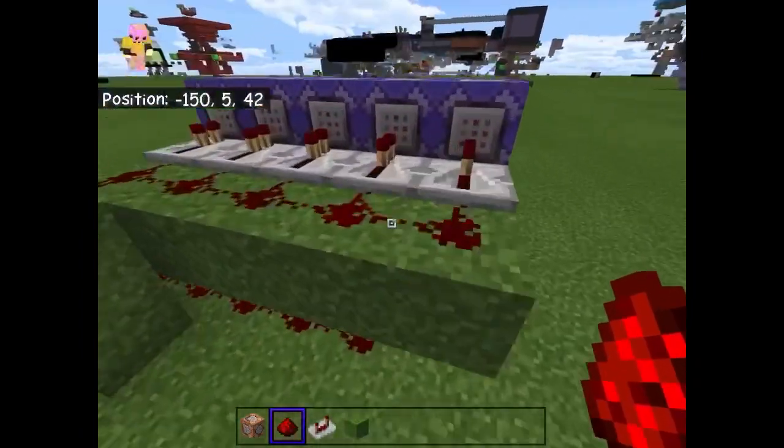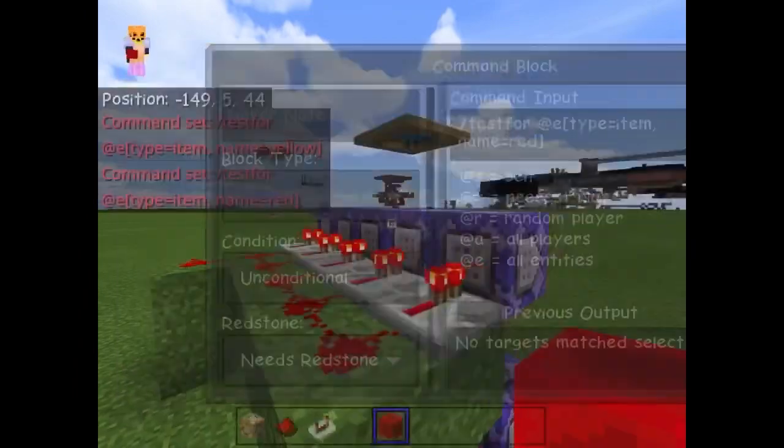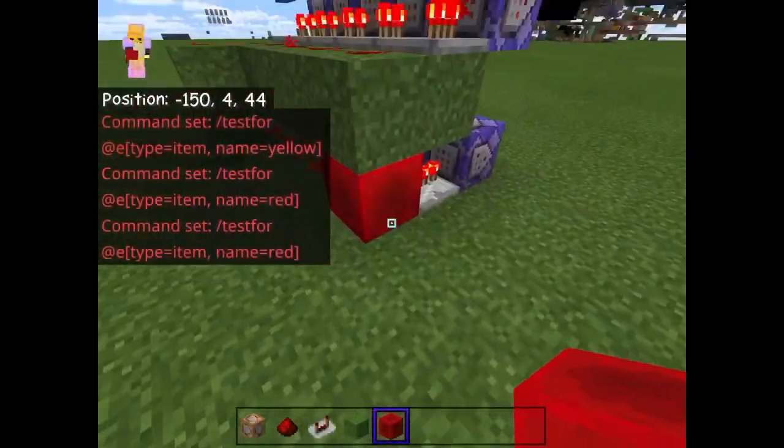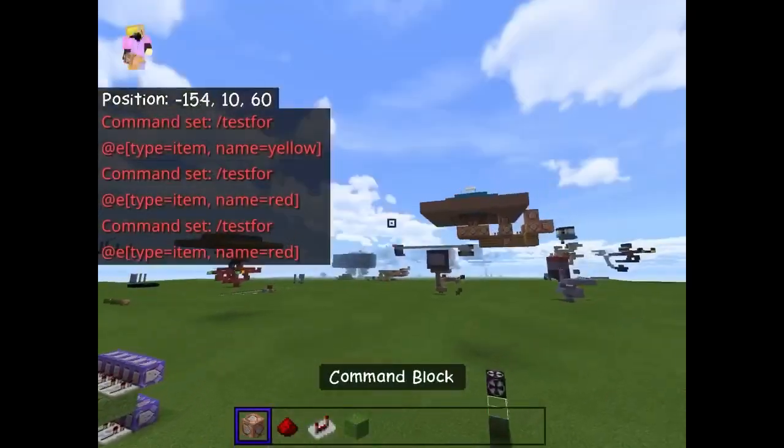Yeah, because I can actually test it. If I just look, yep, there we go, redstone block. And then they should all say no targets matched selectors, which is very good, and then I can delete that. Alright, very nice. So now the next thing we need to do is we're going to go up to here,